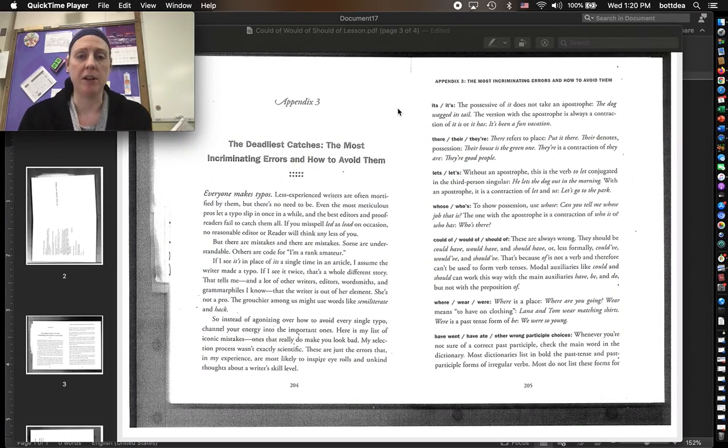This will be the second part of the lesson, and sometimes I call this a lesson on contractions, sometimes I call it a lesson on commonly confused words, sometimes I call it the could've, would've, should've lesson. So I want you to first of all open up the PDF that I've attached to the document,